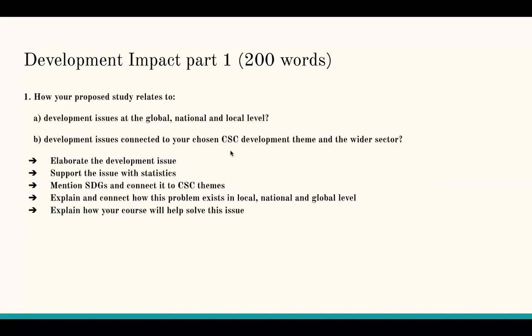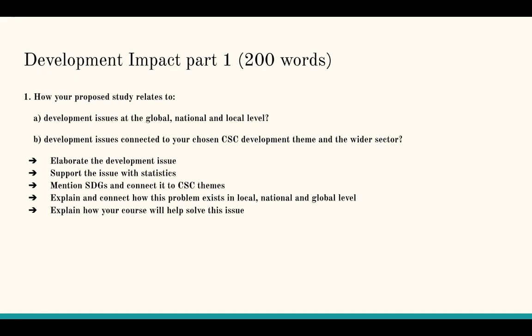Okay, so the first development impact essay is them asking how your proposed study relates to the development issues at global, national, and local levels, and also development issues connected to your CSE development themes and wider sector. One thing they don't directly ask you in this particular essay question is how they are connected to the sustainable development goals. And this is advice I have gotten from every scholar I've spoken to, that though they don't